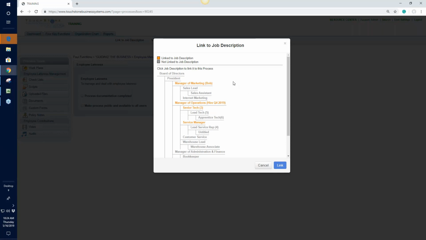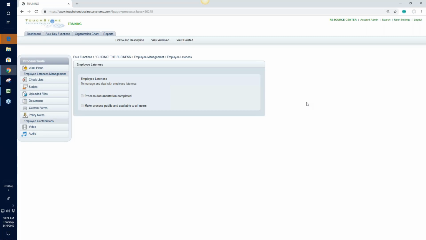So remember this link to job description. Once your job descriptions have been built, this is a good way to just double check that this particular process has been linked to the correct job descriptions just by going here. If you add a new process and you add it to the 4 functions list, once